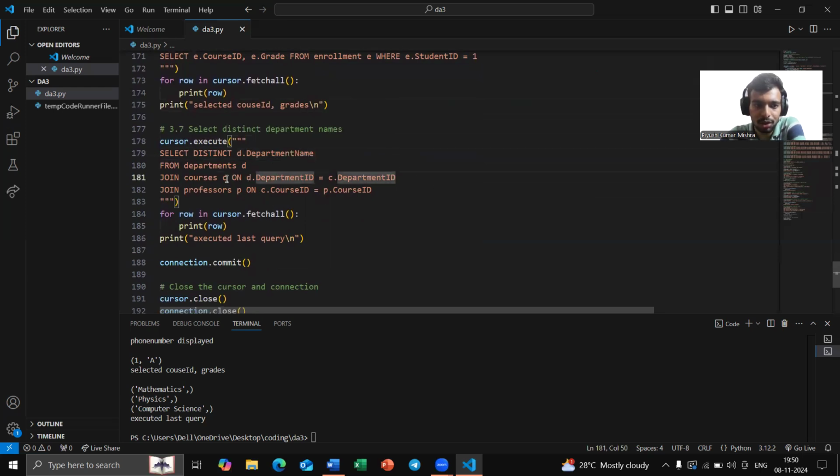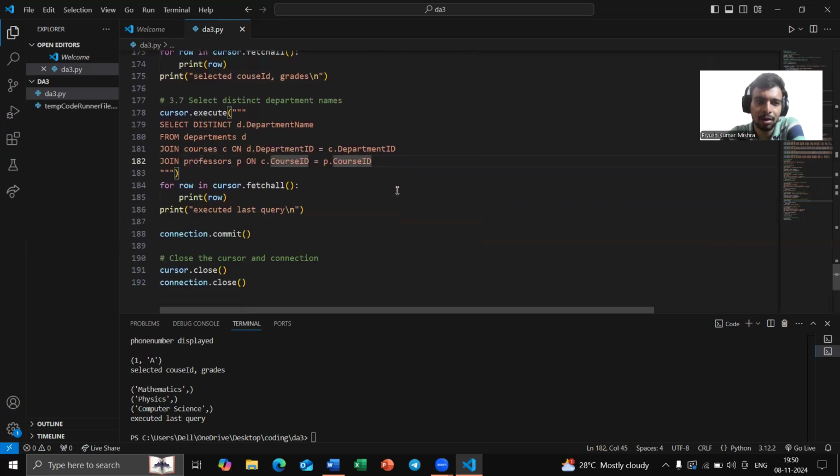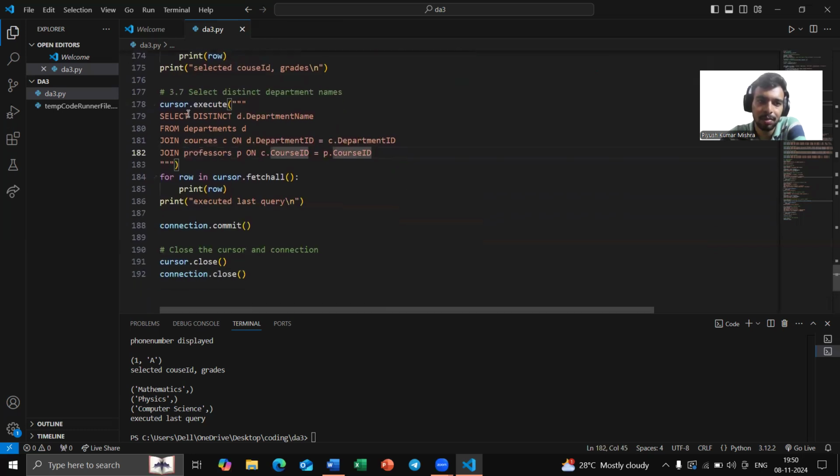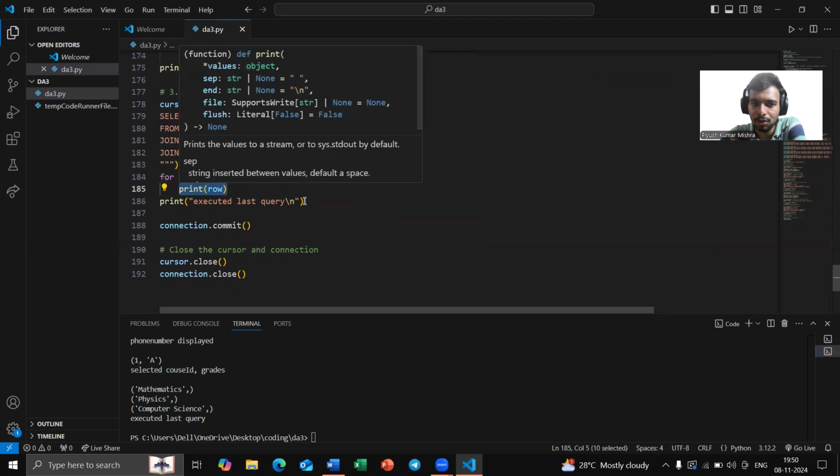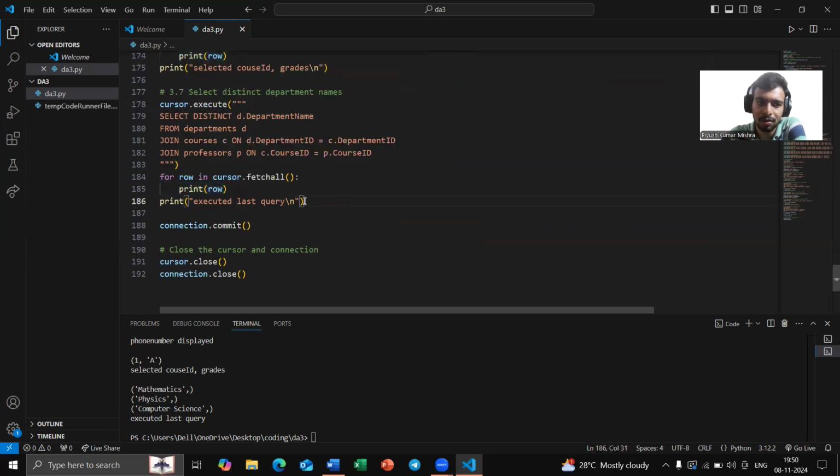We are joining courses table and professors table, and we are selecting only distinct departments using this keyword, from department's name from department's table. Because there will be more than one department, we are using a for loop, and for each department we are displaying it here. After executing this query, we will be printing executed last query because this is our last